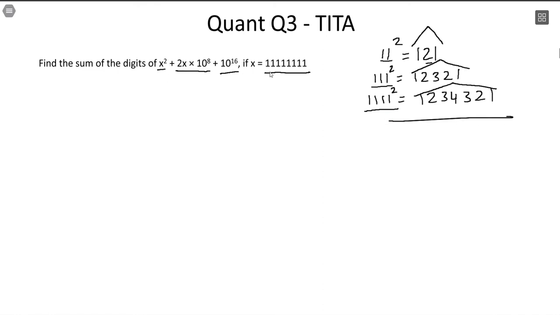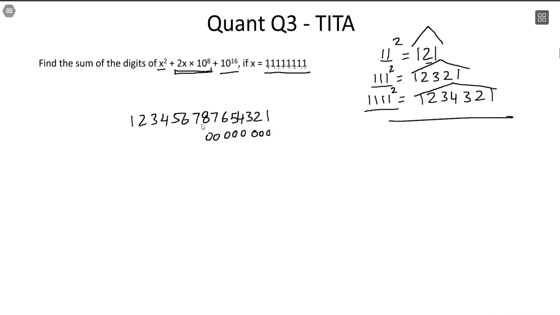So when we have x square, let us just count how many ones we have. 1, 2, 3, 4, 5, 6, 7, 8. So you have 8 ones, so it will be 1 2 3 4 5 6 7 8 7 6 5 4 3 2 1. These would be 15 digits. Okay. Now the second term that you have, 10 raised to the power 8. So last 8 numbers will be 0 only. So put the zeros there.